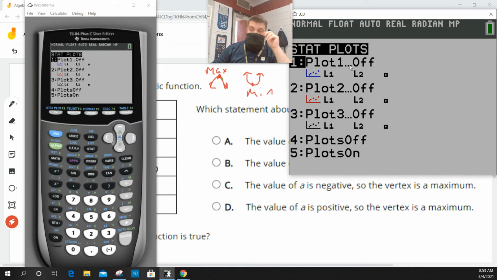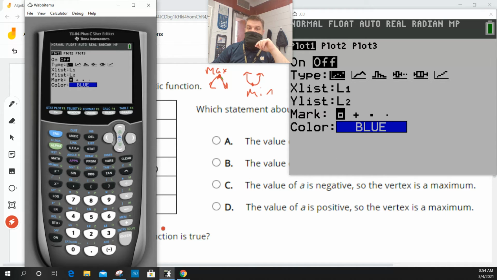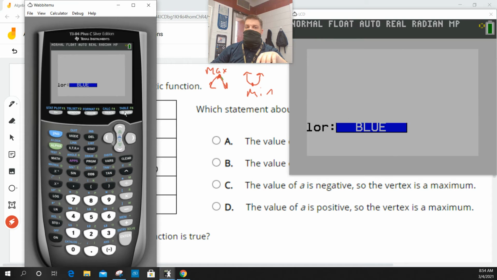I can't see that from here. You're good? Okay, good. I'm going to turn that on. So if I hit enter, see how on is flashing? If I hit enter again, I turned it on. Now watch what happens when I hit graph. Once you get the plot turned on, if I hit graph,